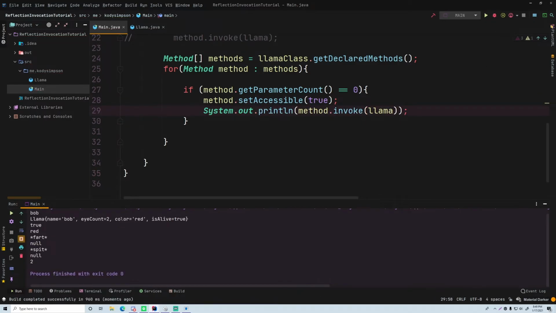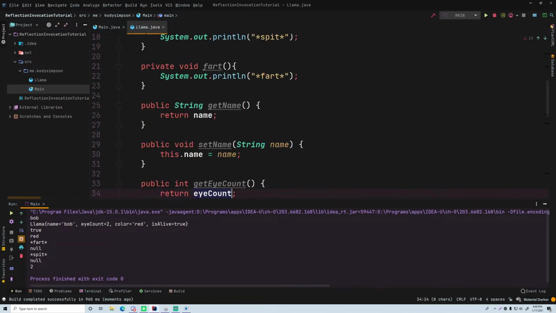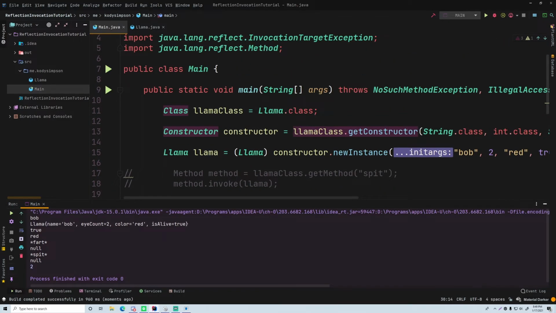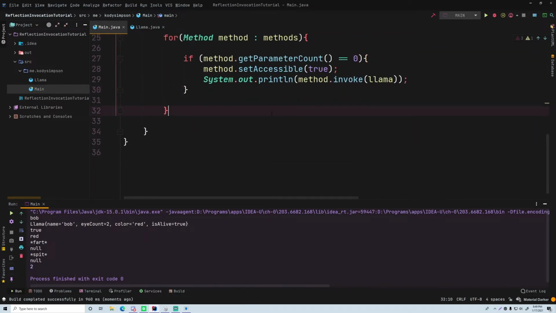Aha, so there we go. Now we get all of the values returned from all these getter methods. So we get Bob, llama, true, red, fart, null, spit, null, and 2. Awesome. Okay, so the final thing I want to show you is how to change the values of a field